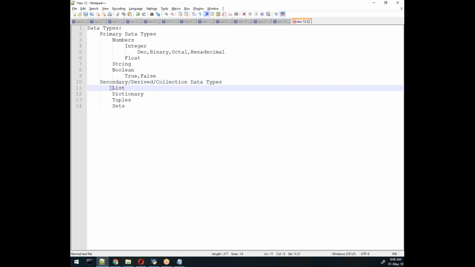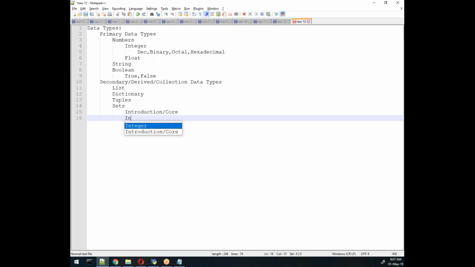So here we have four data types in secondary, and in collection data types: list, dictionary, tuples, and sets. These types are called collection data types, or collections. Okay, so we will see these data types one by one today, and we will take only an introduction because it's a very lengthy topic. I'll go into detail later, but for this topic we require three different modules: introduction and basics, the core concept, and then we will focus on the iteration with